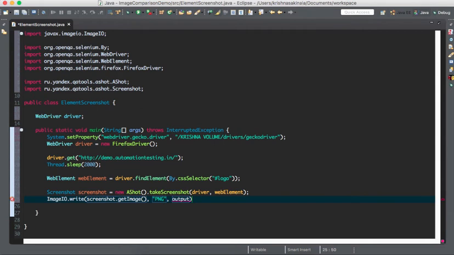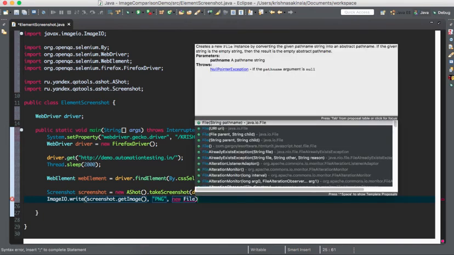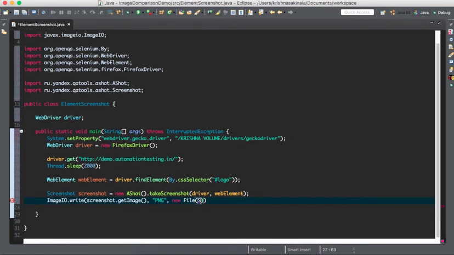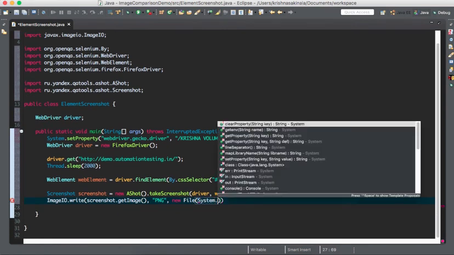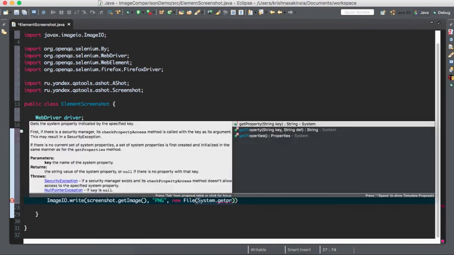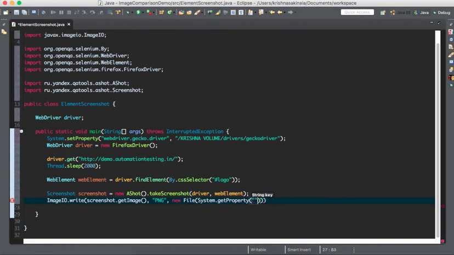I want to store in the form of PNG, and where you want to store, that is new File, so File means the image file, and the path where you want to store means System.getProperty, and in my folder structure user.dir